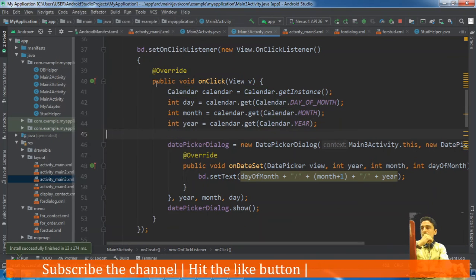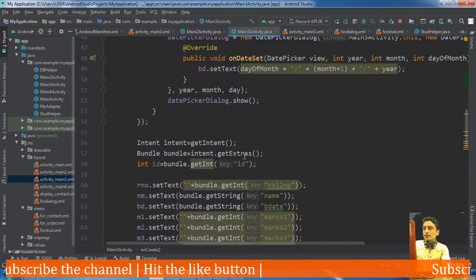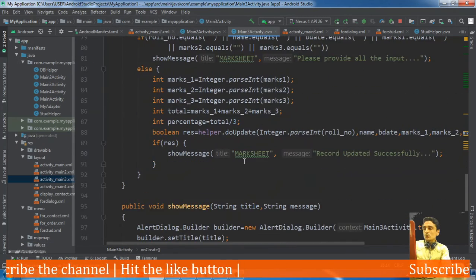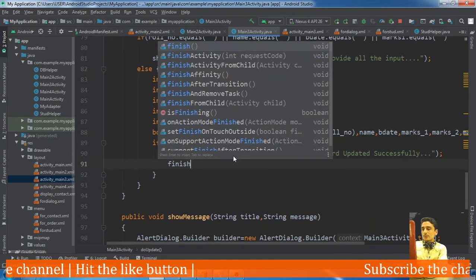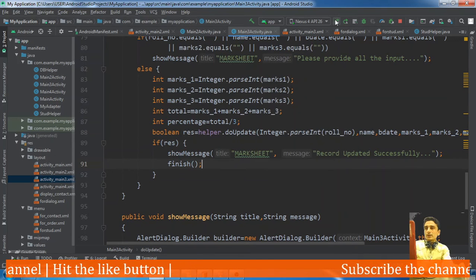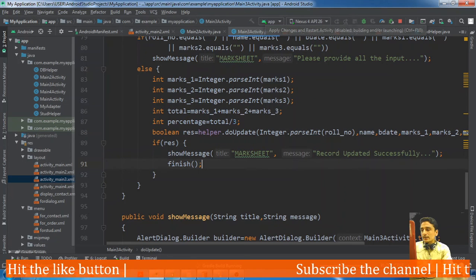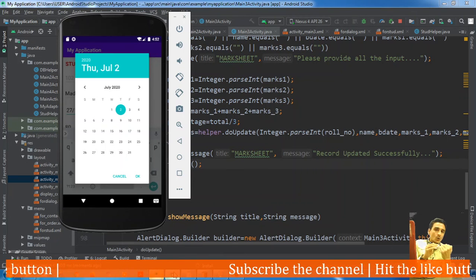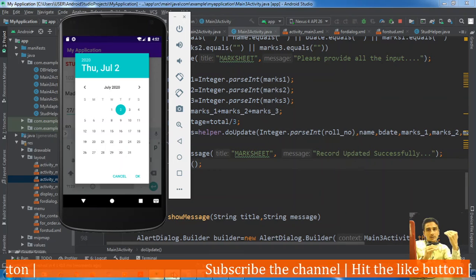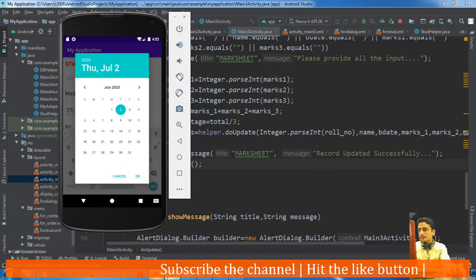Okay, another change which I was telling you is that in do update, when record is updated successfully, just call the finish method and the activity will be closed. Update activity will be closed. So again the main 2 activity will be in front of the client because it was below the current activity 3. Okay, in the stack. Okay, activity stack.